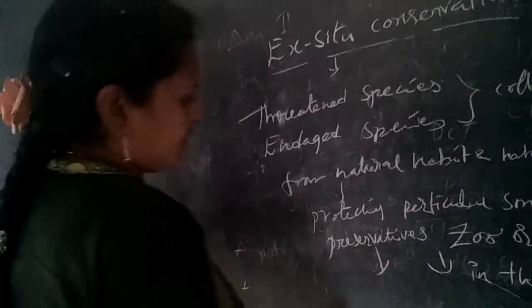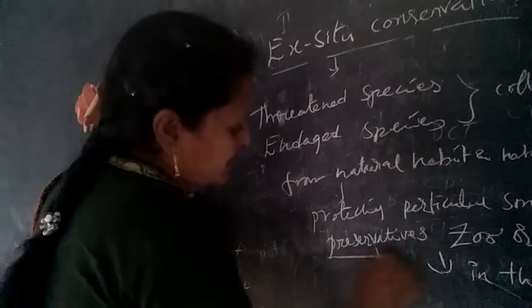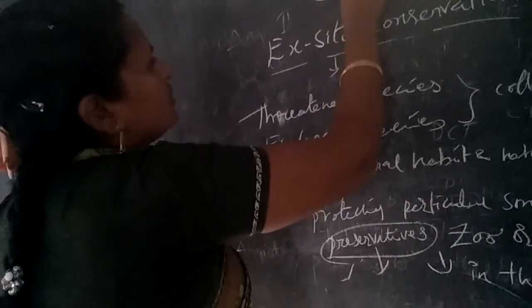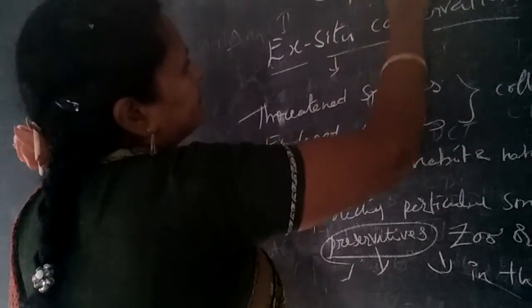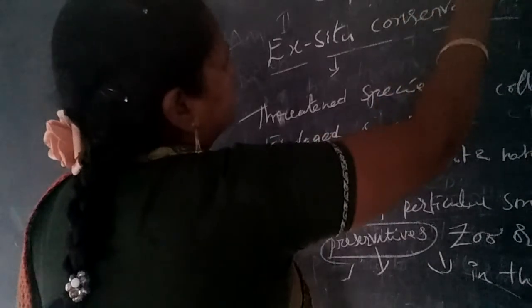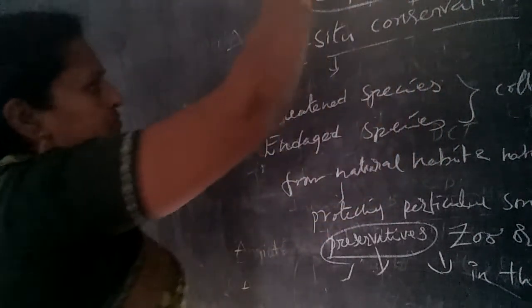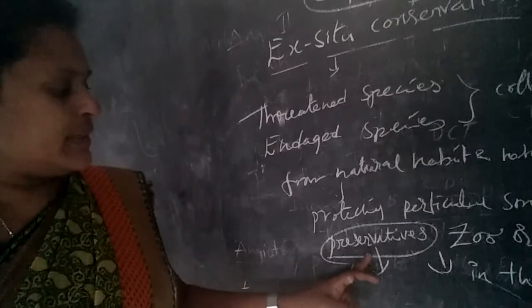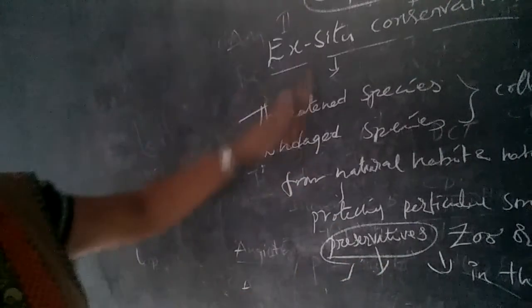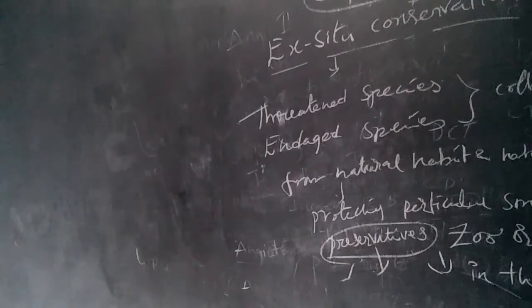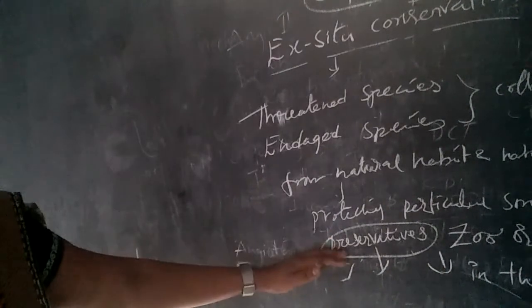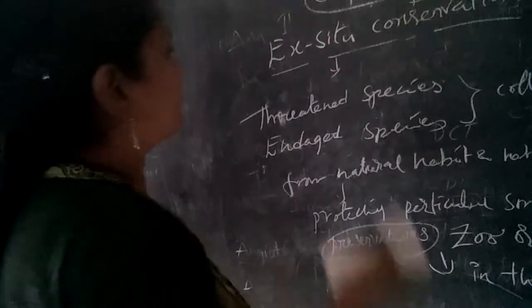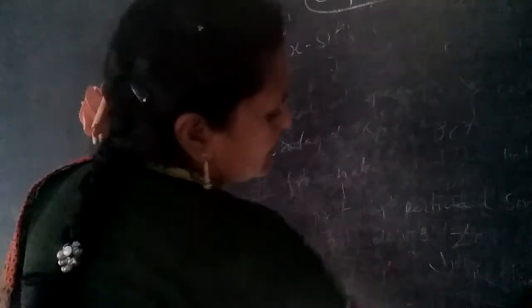The preservative techniques used are also called cryopreservation. What is cryopreservation? It uses protected preservative techniques. Endangered species are also collected from the habitat and protected using preservatives. That is also cryopreservation. The best example is